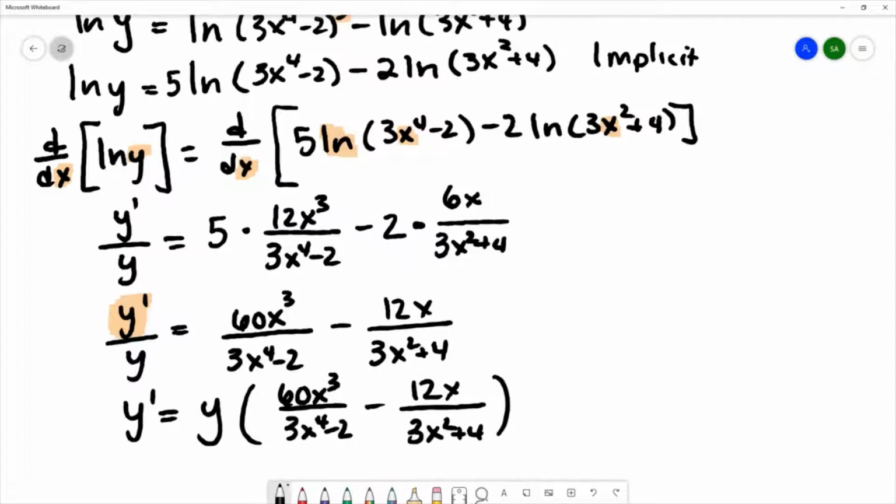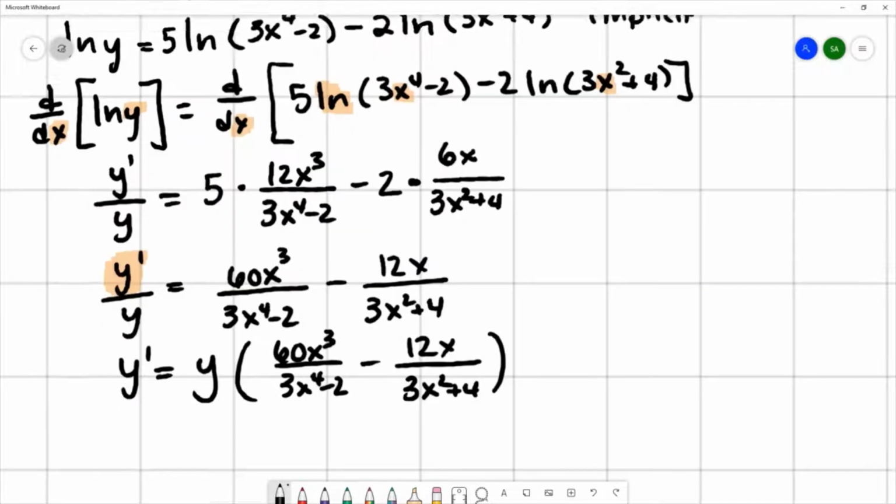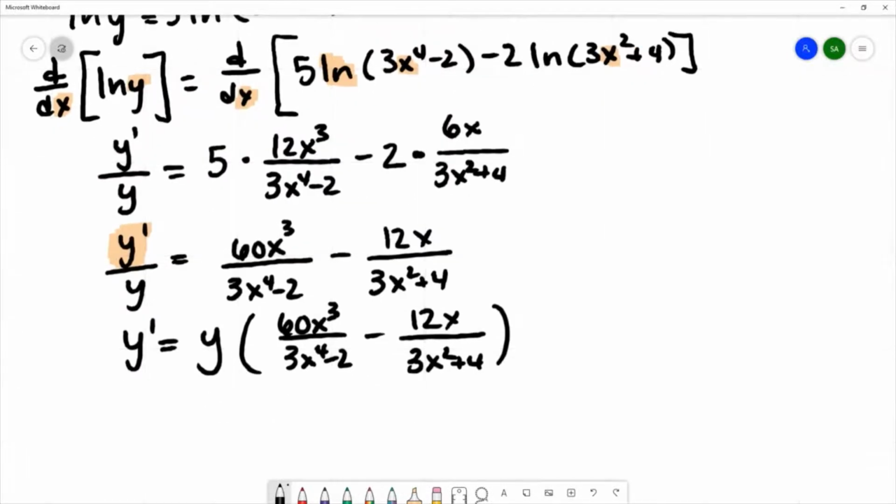And because y was given at the beginning of the problem, I can substitute in for y that y is equal to 3x to the 4th minus 2, and that was to the 5th power, over 3x cubed. I think I've made a mistake that I'm going to have to correct, plus 4,